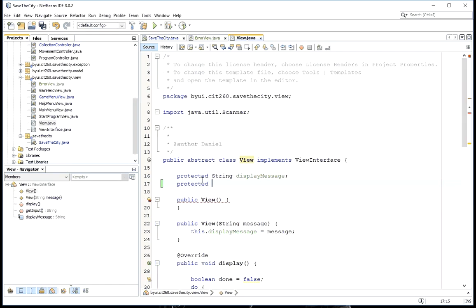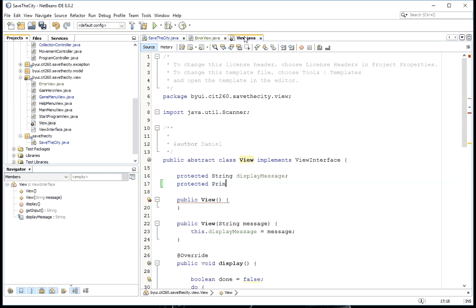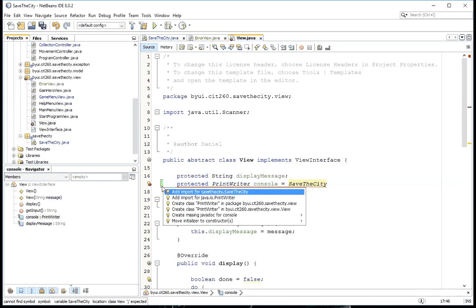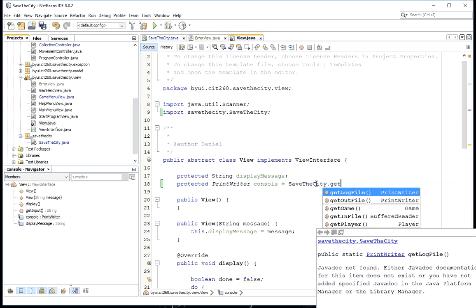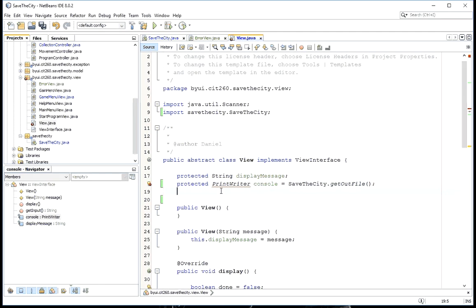what was it, file writer? Is that what class we're using? Print writer, sorry. Print writer. We'll call this, I think they want us to call it console, and we can initialize that to say the city. No. Get out file, and I have to add an import for print writer, and then a protected buffered